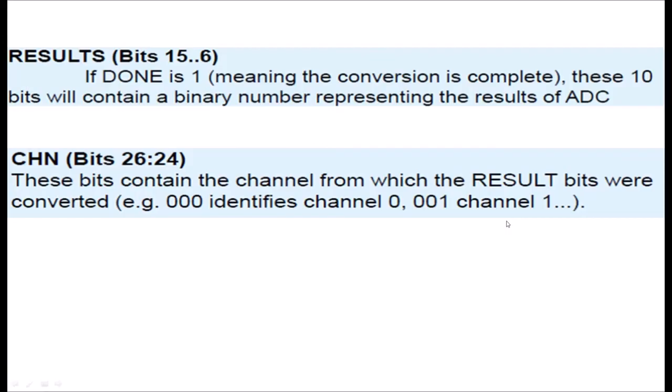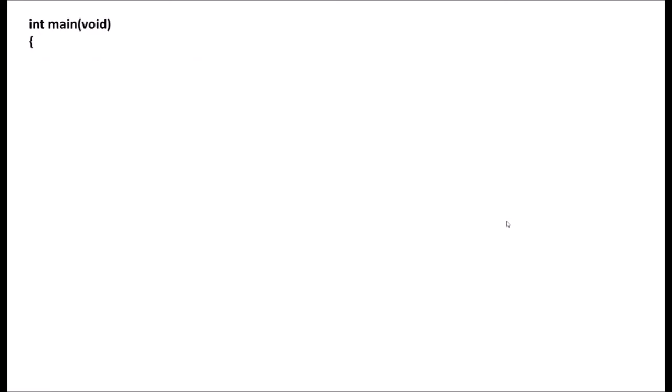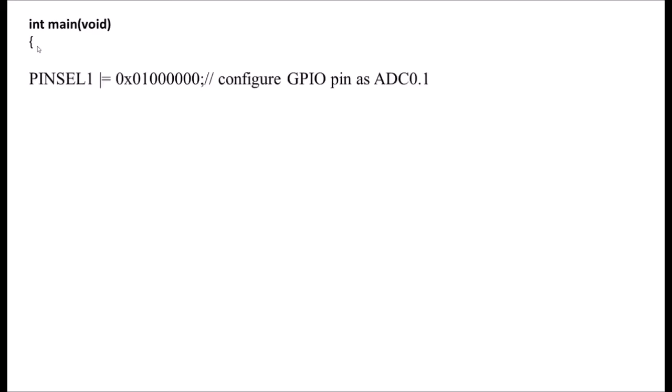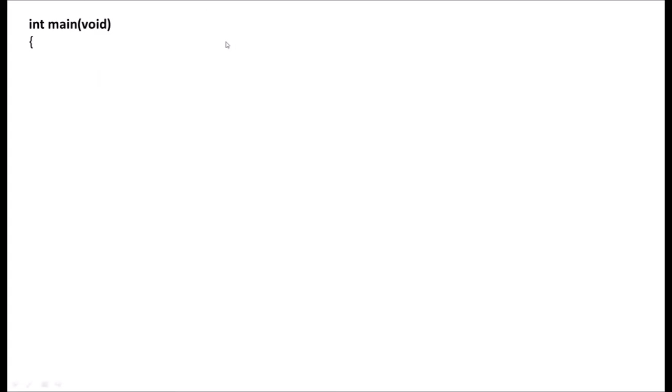So this is the register where we can check whether conversion is over or not, and if conversion is over, the result will be stored in the 10 bits. Now let's see the simple program for ADC conversion. We have to initialize all these registers. So initialize the PINSEL1 register. Here we are configuring this ADC 0.1 pin as an analog input pin